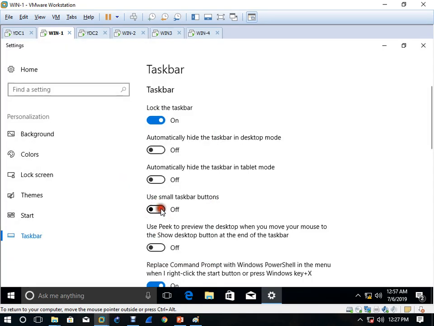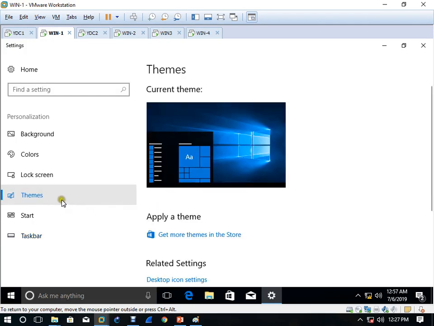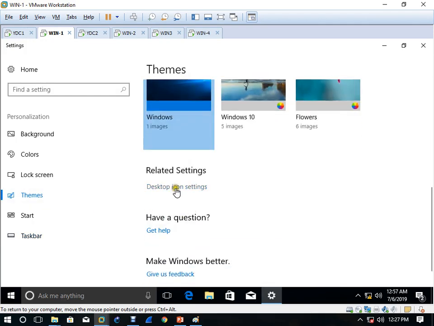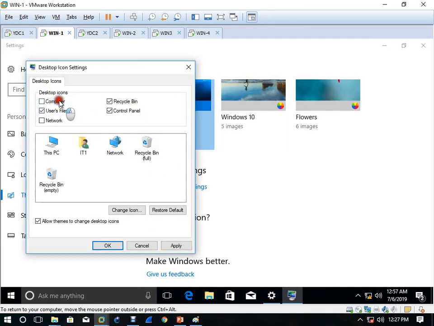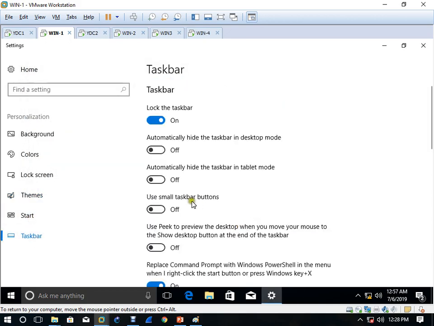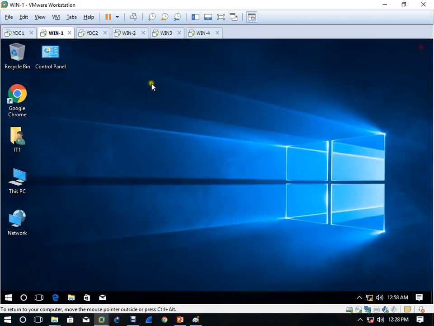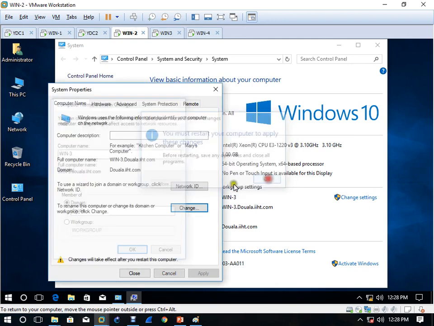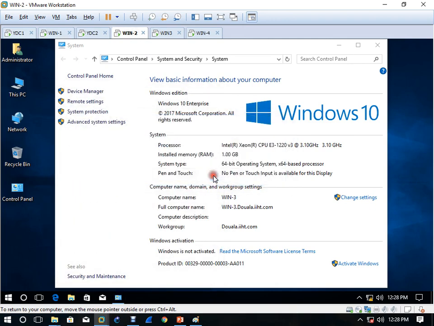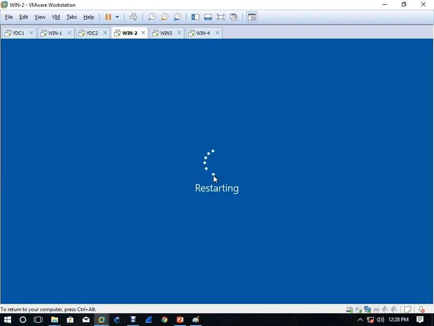So the parent users can log in here. See, IT1 is able to log in here, right? On this client machine, Douala users will be able to log in here because this is a client of the Douala server. Okay.